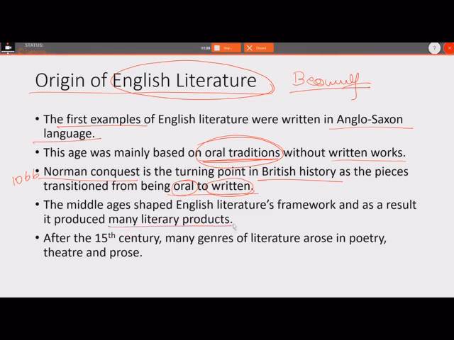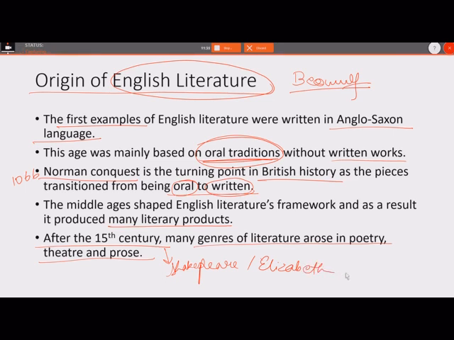So we can say that during the Middle English period, literature took the shape that we see right now, and also provided a framework of English literature which is seen very clearly in today's era. After the 15th century, many genres of literature arose in poetry, theatre and prose. After the 15th century, that means during the age of Shakespeare, during the age of Queen Elizabeth,